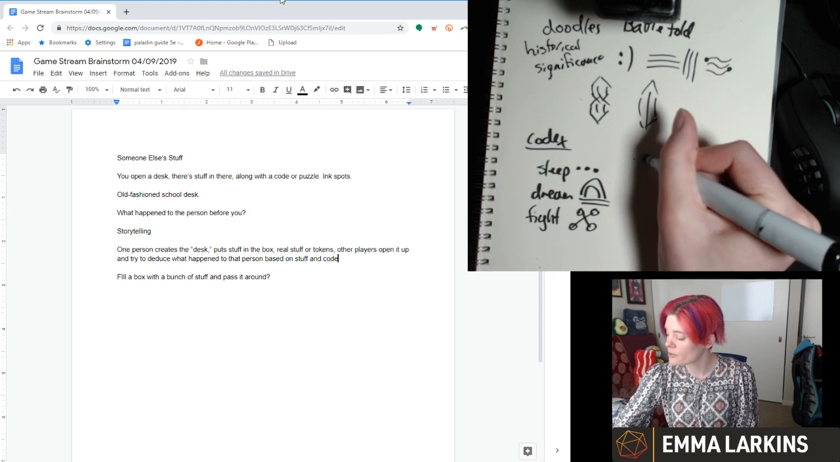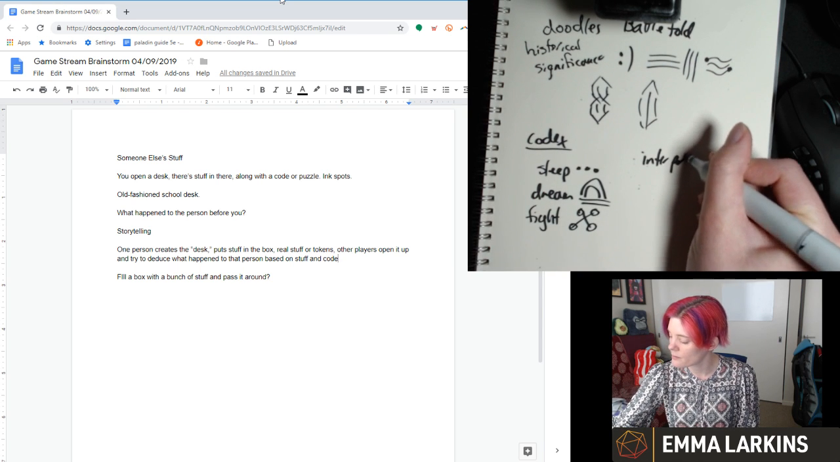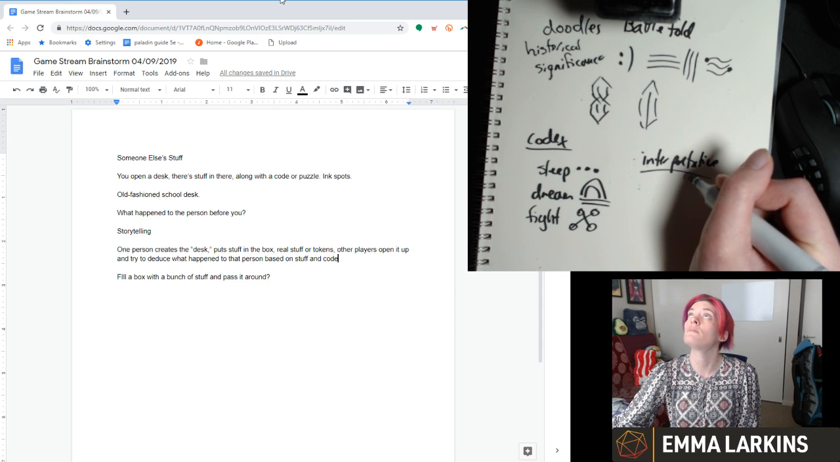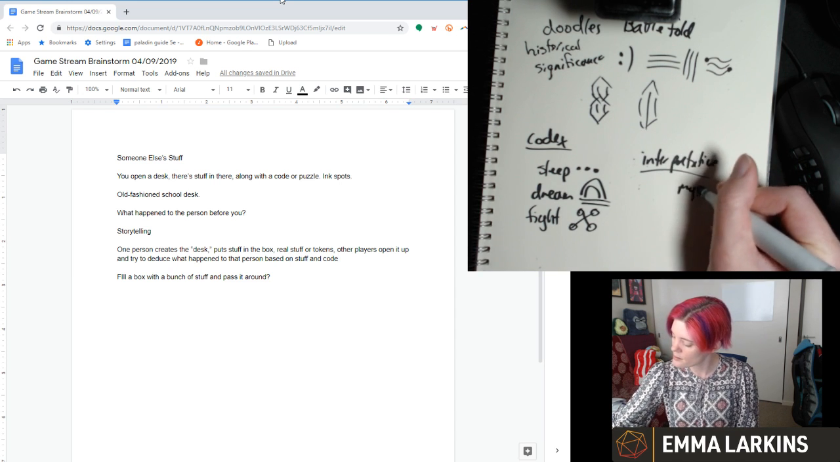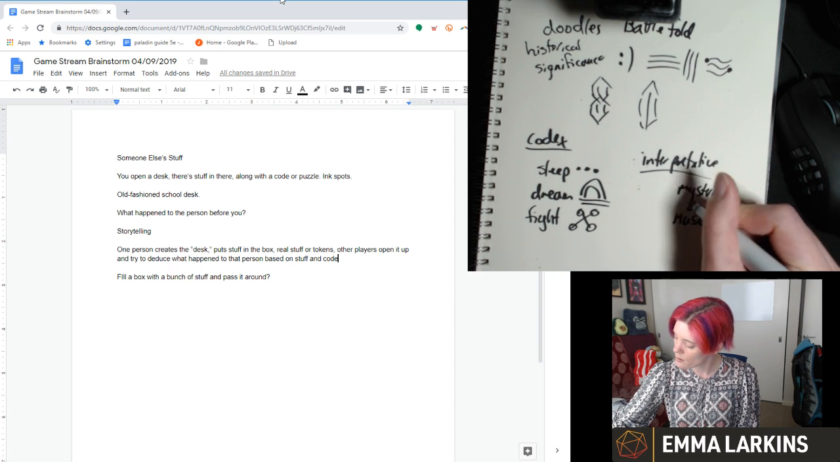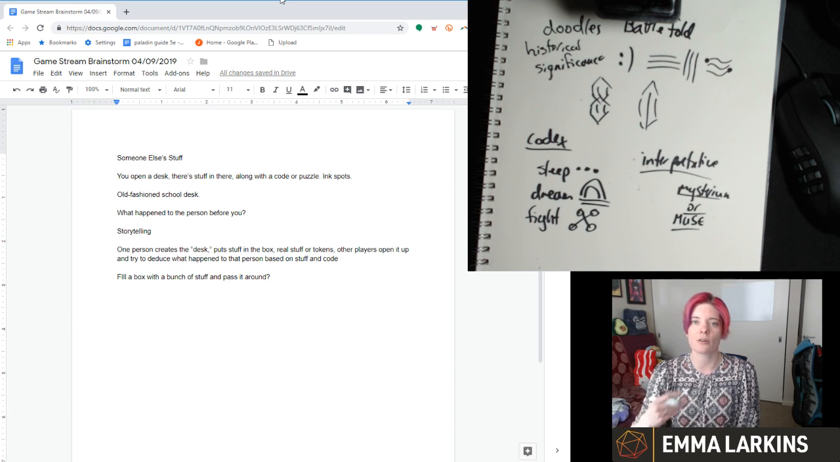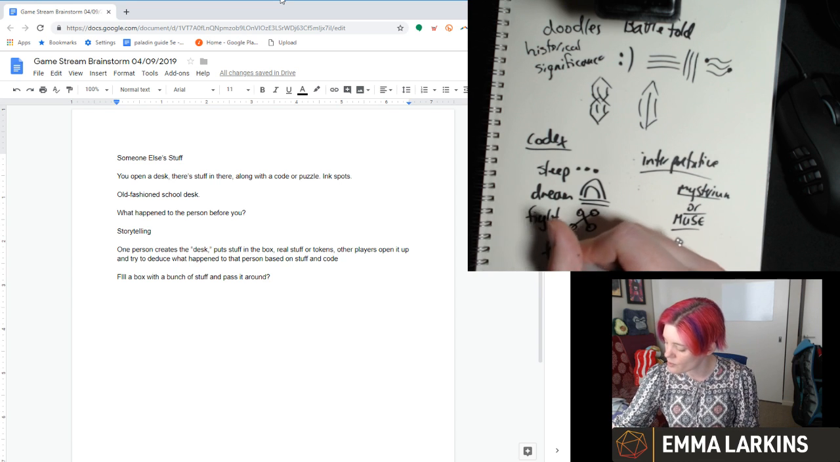Ooh, I kind of like interpretive in like a Mysterium or Muse sense. So this idea that you're seeing things in the images, you're trying to communicate. So in Mysterium in particular, there's things that you're trying to figure out based on the clues. So instead of being a free-form story,